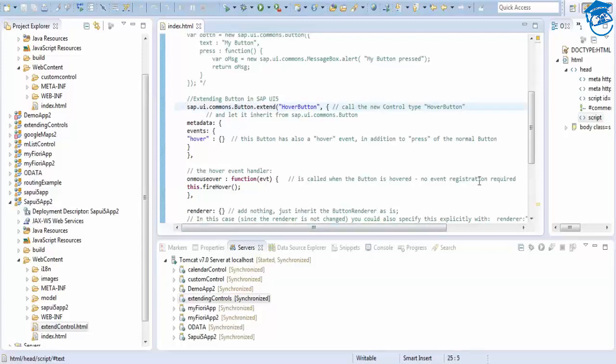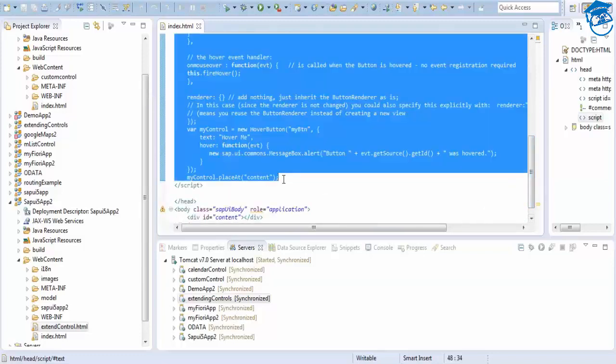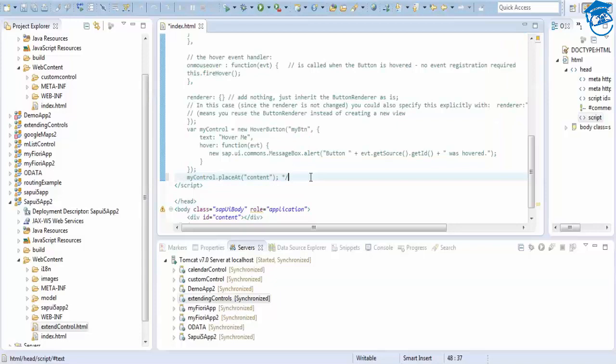I'm going to comment this code, and now another example. A lot of people will get confused because I'm using an index.html. Why can't I use a .js file and do it? So that is what we're going to do now.